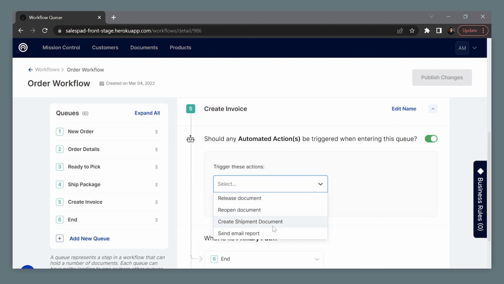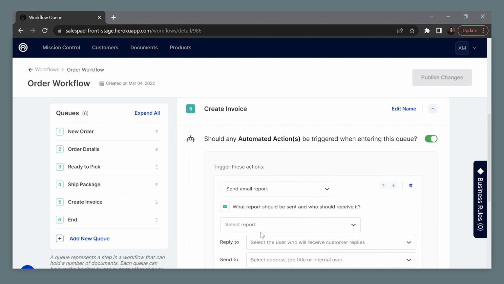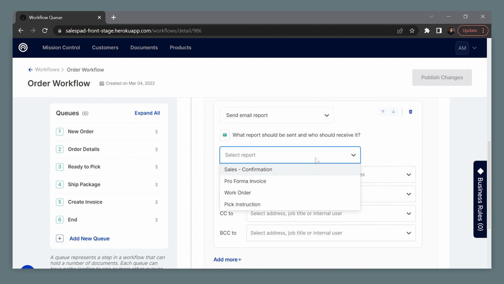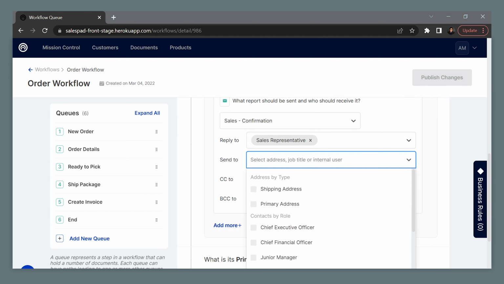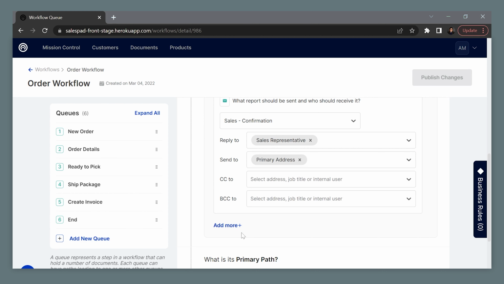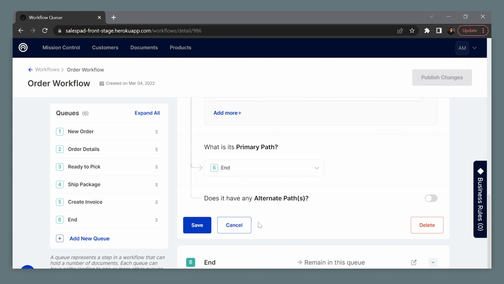I'm going to add an action for it to send an email report, and I'm going to do the sales confirmation report. I'm going to select the reply to as the sales representative assigned to the order, and then I'm going to send it to the primary contact address for this customer. Then I will save this